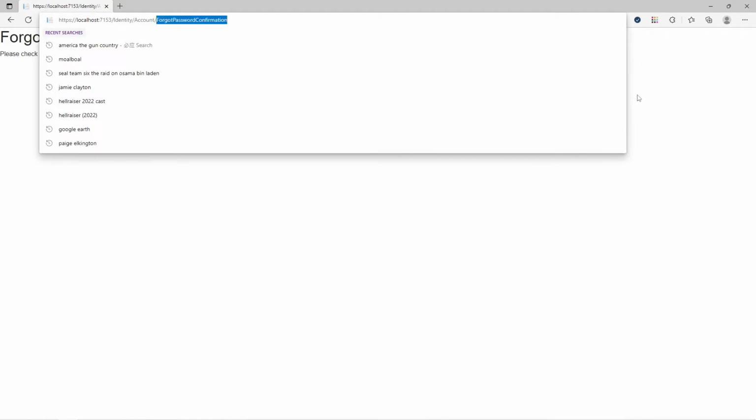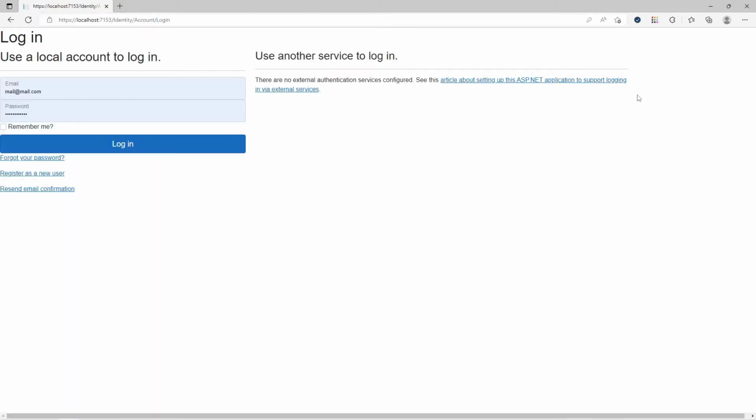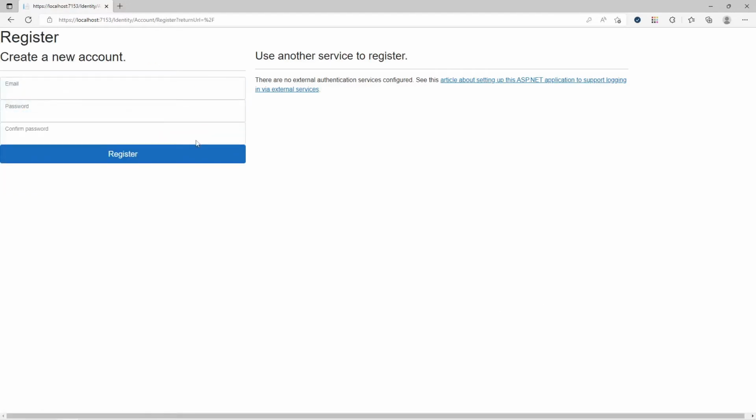Now we have a problem. Just log in. Let's try again. Or let's try registering another one. I might have messed up the password from the first one that we registered. So let's just